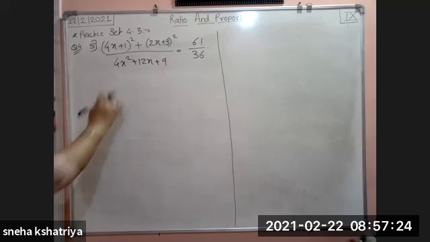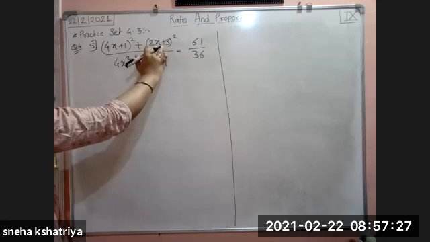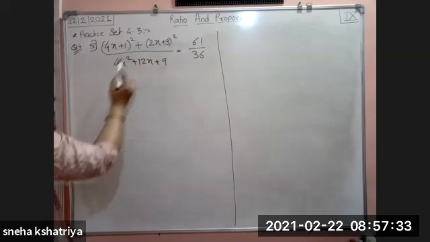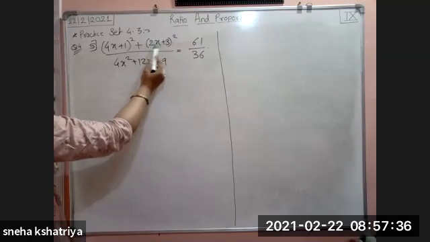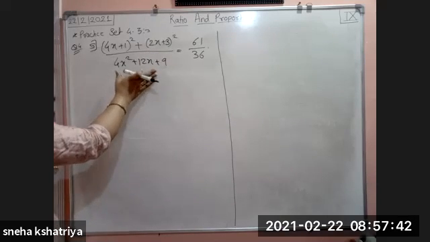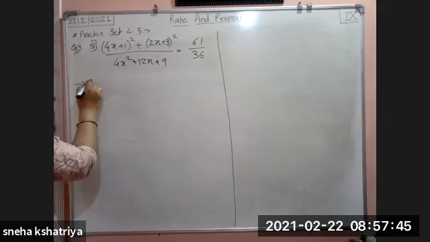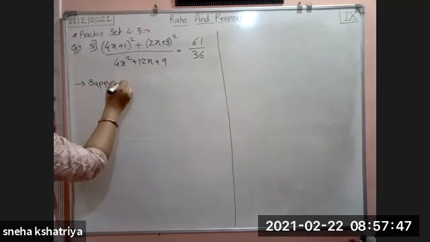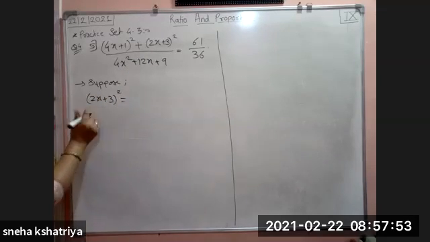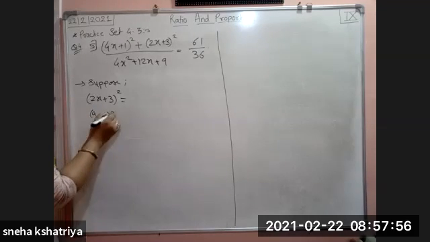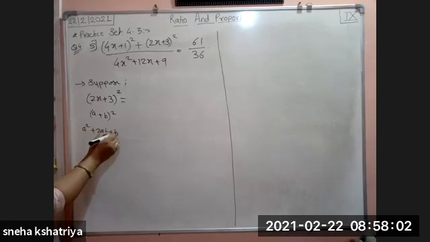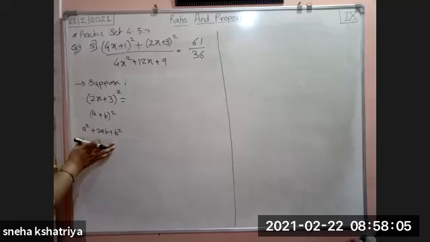Okay. So if you solve this bracket, 2x plus 3 bracket square, you will get near about this value, because 2 square is 4, 3 square is 9, and 2 threes are 6, 6 twos are 12. So if we solve this bracket, we will get this denominator. Let us see. Suppose 2x plus 3 bracket square. Solve this by a plus b bracket square. What is the value of a plus b bracket square? It is a square plus twice ab plus b square. Put the values in this form and solve this bracket.